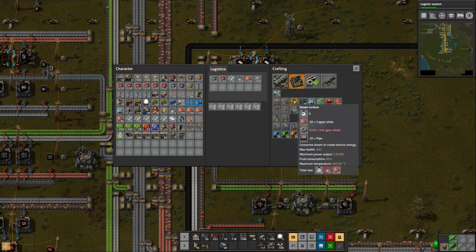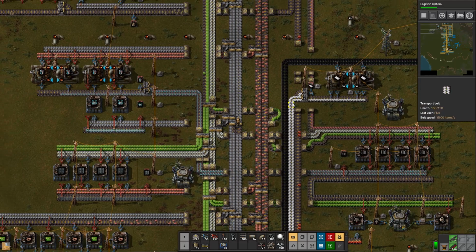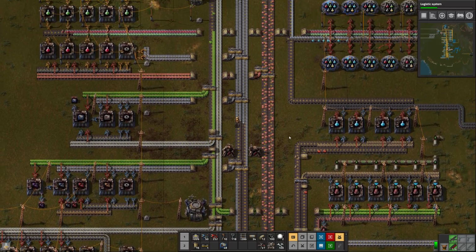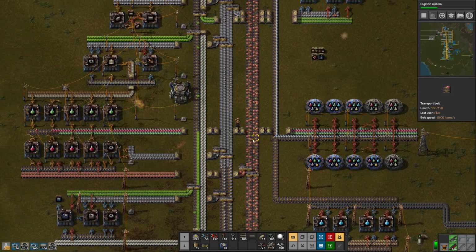So the one thing I wanted to do, and I don't know if it's really necessary, but I think I prefer it, and it's more space efficient at least, if not pollution efficient, is to make a bunch of steam turbines. And I'm going to need a ton of iron for that. So I don't want the robots to get all busy because we're already strapped on power. So I'm just going to scoop up a bunch of iron from here. I'm going to task